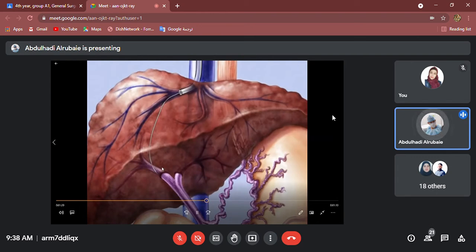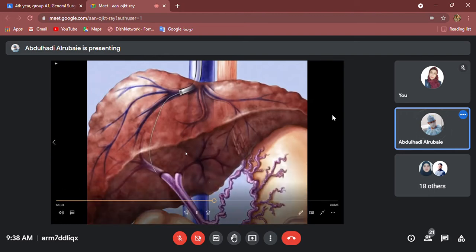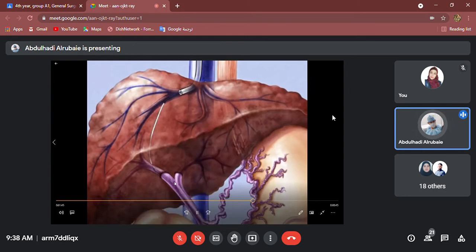Then a venogram is performed to ensure that we are inside the portal system. Then we remove the needle and also measure pressure again, and we introduce a balloon catheter to dilate these tracts between the hepatic and portal vein,